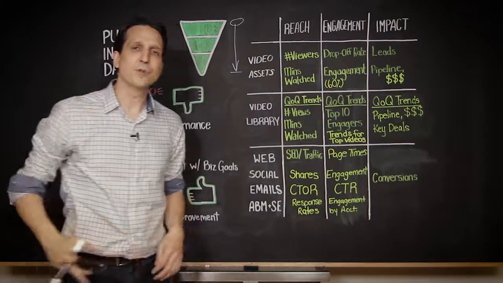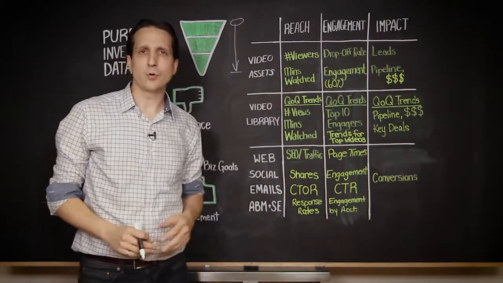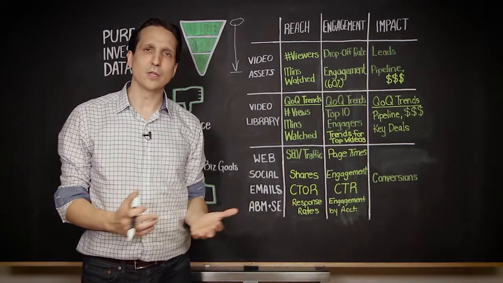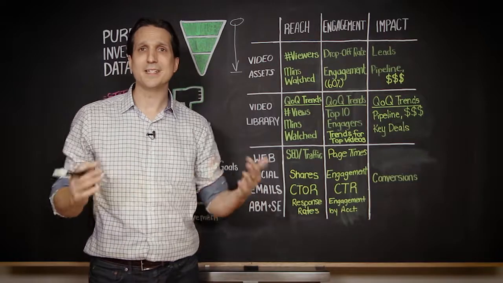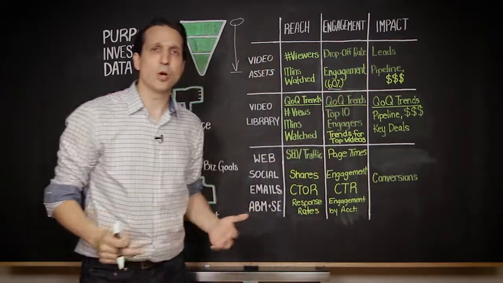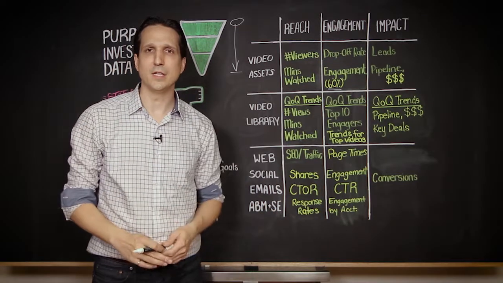Secondly is looking at the different engagement metrics to know if that content is really working. What does your drop-off rate look like? Are people dropping off after 10 seconds? What does your overall engagement look like, and how many people are watching all the way to the end of that video? Industry benchmarks say that 60% is what you want to shoot for for the percent of your viewers that are watching all the way to the end of the video.